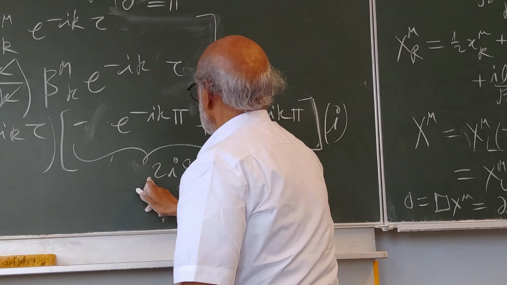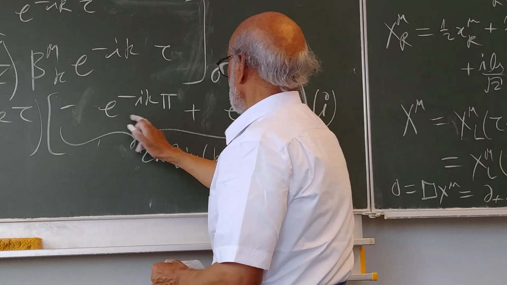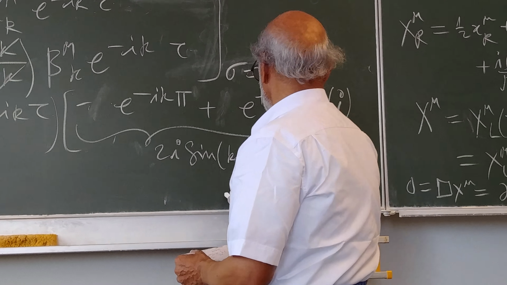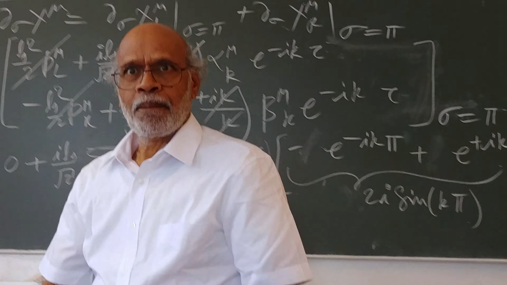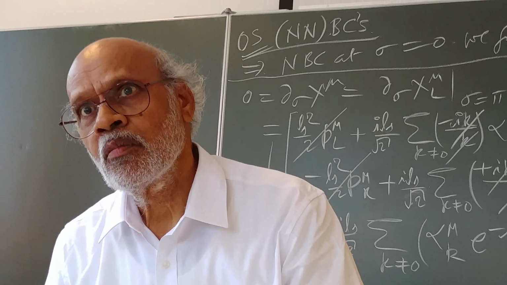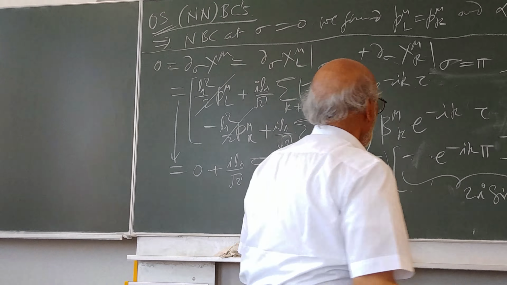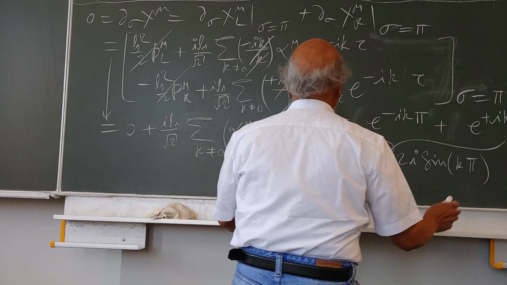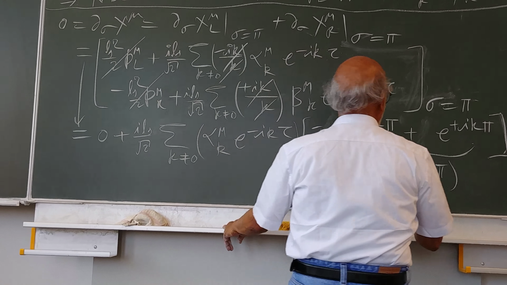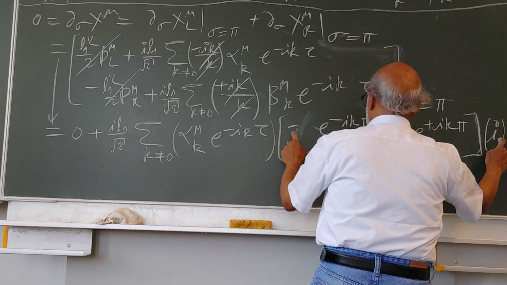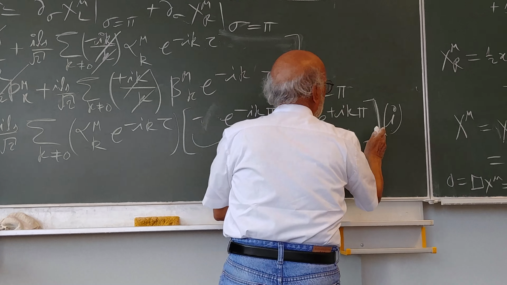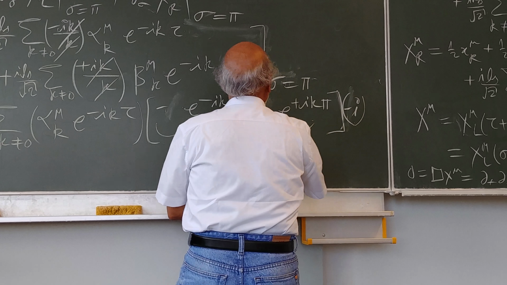Is this okay with plus sign or minus sign? This minus this should be plus. But it must be 2 times i times i. Yes, sorry. So if we like, we could keep minus i out here, then this